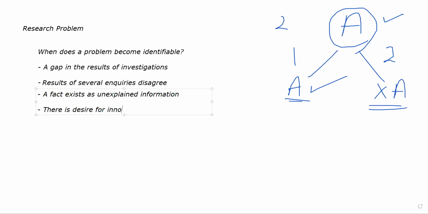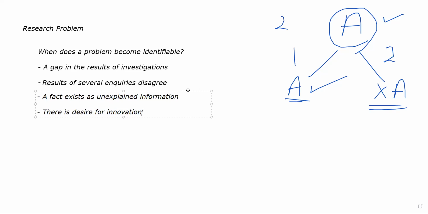for innovation. So you want to improve on current knowledge, whatever knowledge is currently present about a certain phenomena or about certain facts. You want to improve on that knowledge, maybe add a little bit to your predecessor's works, and maybe try to solve a mystery, things like that. A desire for innovating something, okay, maybe finding a better solution for whatever the current solution for a problem is. Like, all of that is encompassed in the desire for innovation.